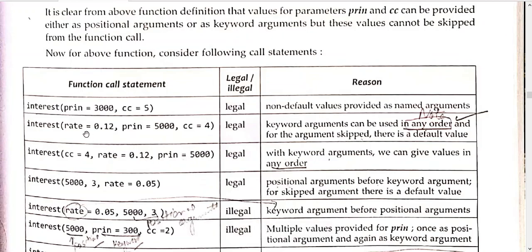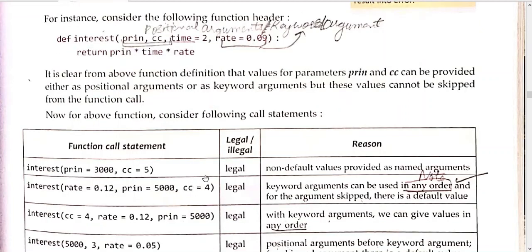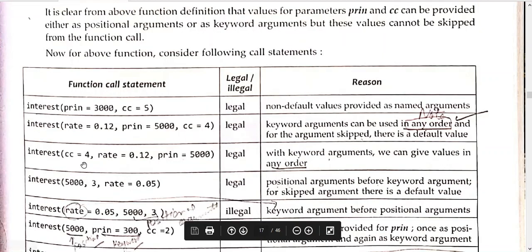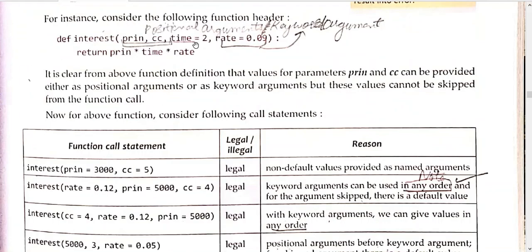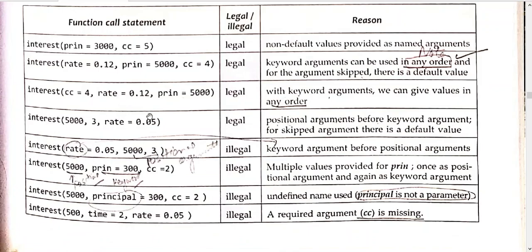This is okay. Now, this is the third concept, you are trying to change the sequence. So rate, principal, CC, time was default, so there is no problem, this is also a legal one. Now CC, rate, principal, time also you are not passing, there is no problem. You are naming and you are trying to change the sequence, no problem at all. Okay, this name has not been given. 5000 will go in principal, 3 will go in CC, rate you are supplying, but time will be taken as 2 here, so this is also legal.